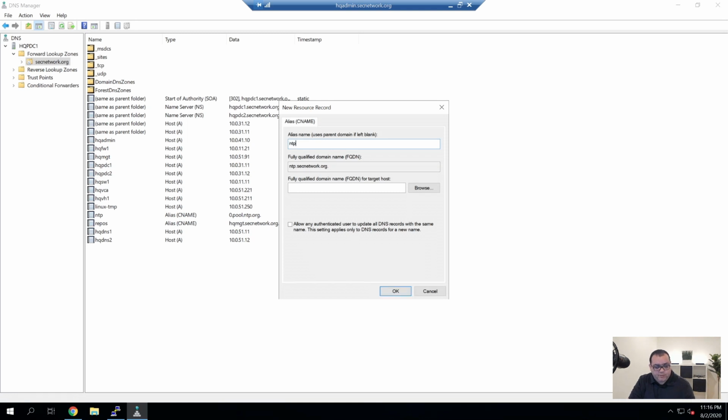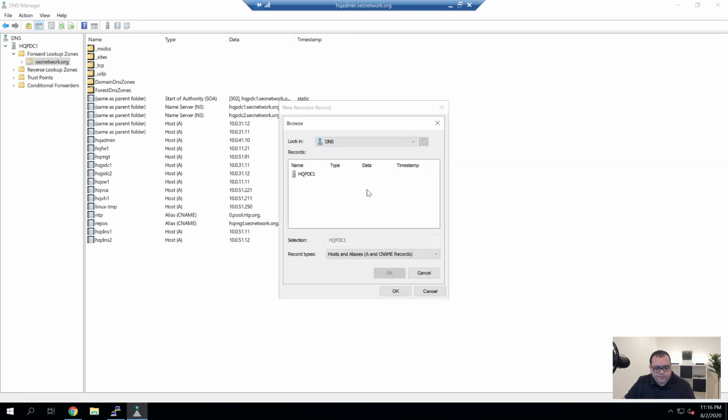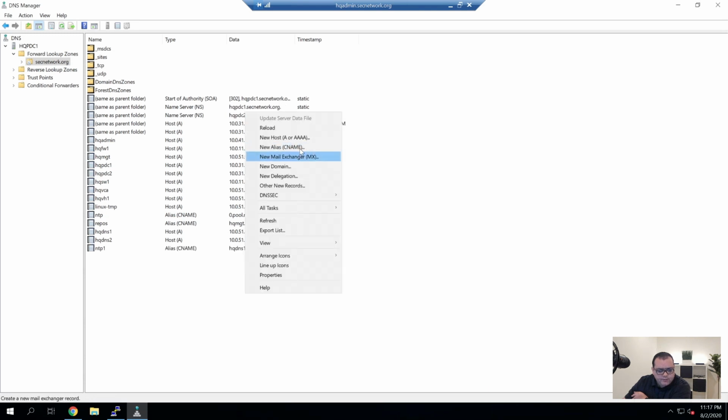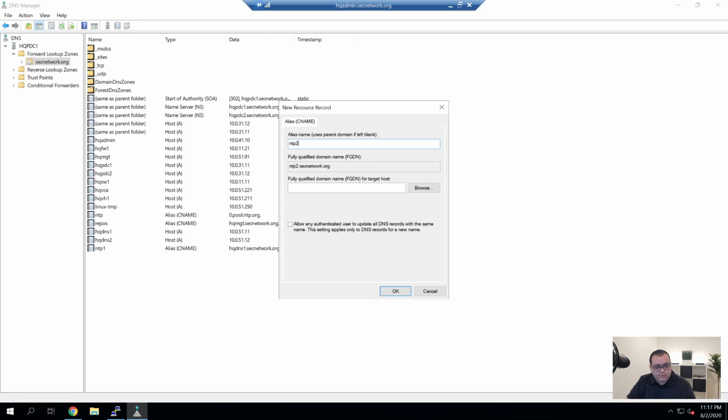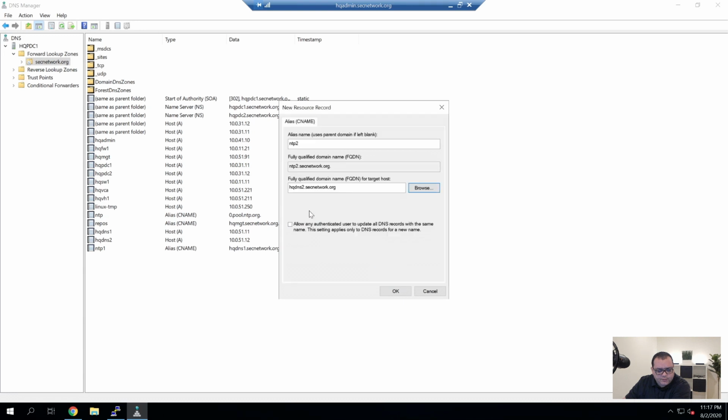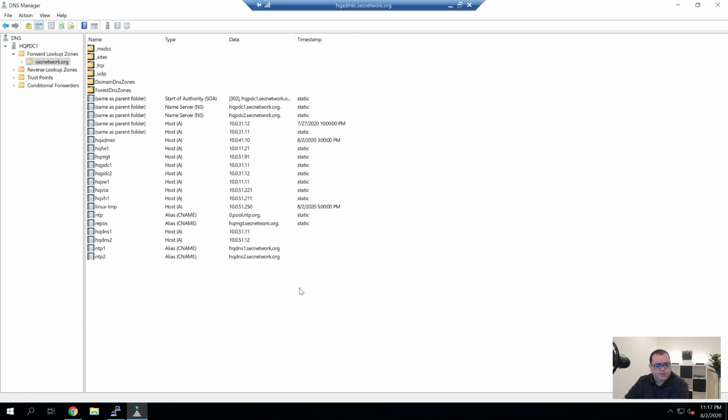This will be NTP1. Since it's not a server, I'm not going to put HQ in front. And then select DNS1. Create another CNAME, NTP2, and select the second DNS. Alright. So that's good for that.